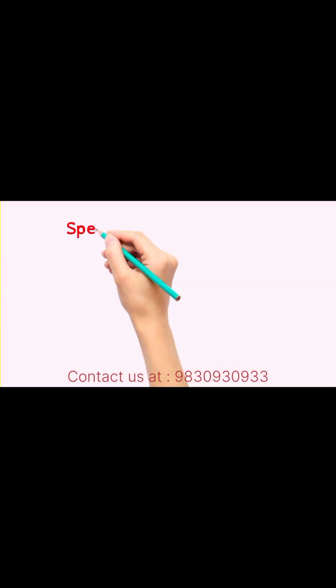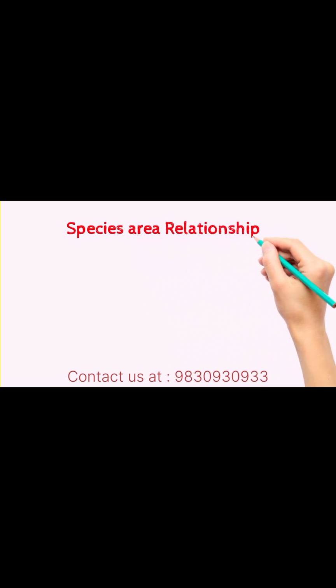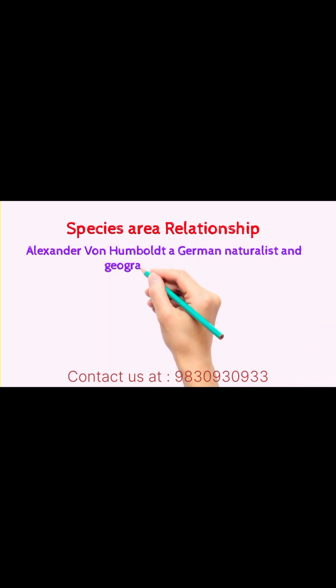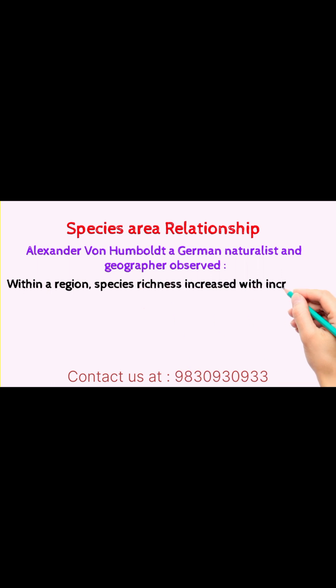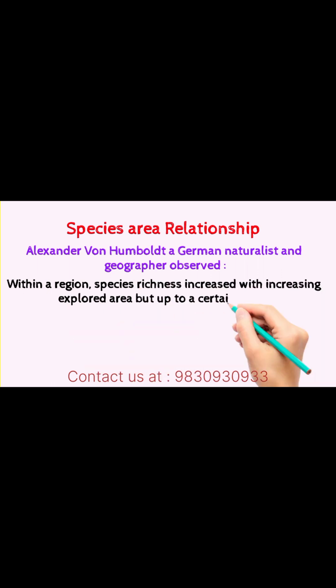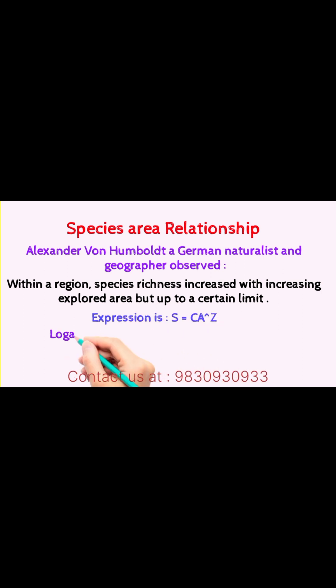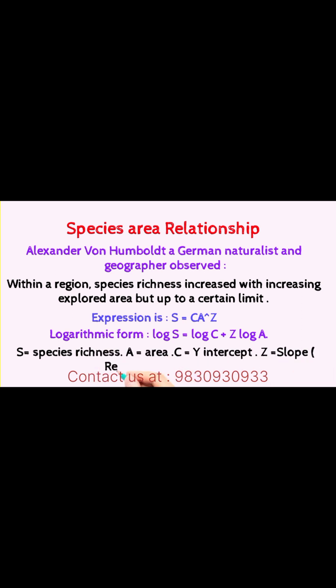Species area relationship is a unique relationship discovered by Alexander von Humboldt. He was a German naturalist and geographer. He observed that within a region, species richness increased with increasing explored area, but only up to a certain limit. He expressed his studies as S equals C A to the power Z. In the logarithmic form, we can express it as log S equals log C plus Z log A, where